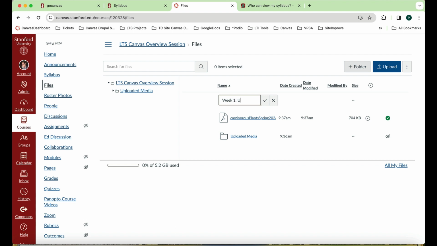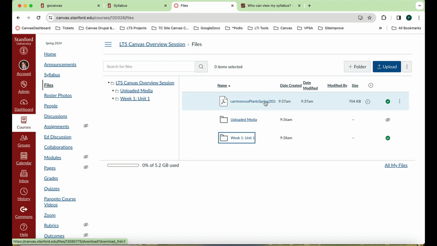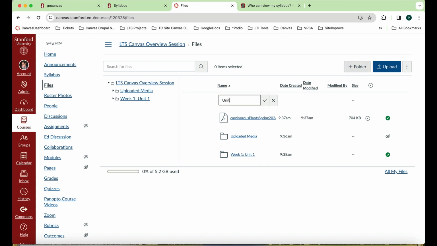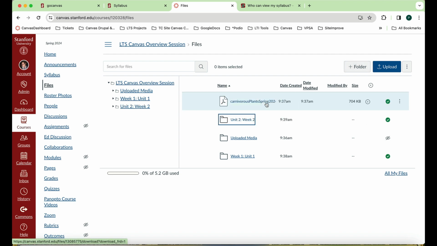We highly recommend that you do not utilize dates. If you utilize dates, then all that content from a previous quarter, if you're going to import content from one quarter to another, and I'll highlight that workflow next, all those dates will then roll over and they'll no longer be relevant. And so it's going to create a lot of extra work because you're going to have to go back in and edit all those dates. So we recommend using unit numbers, weeks, project names, titles when you're creating folders. And that applies to many other tools within Canvas as well.